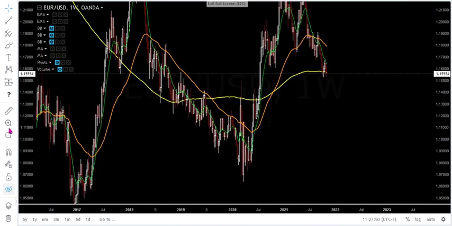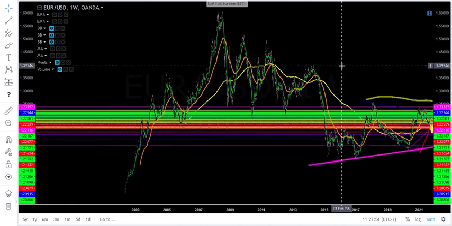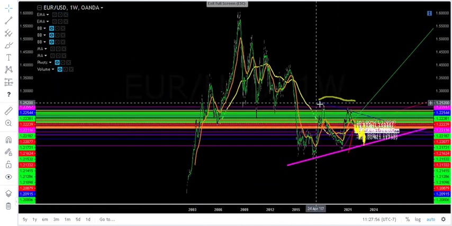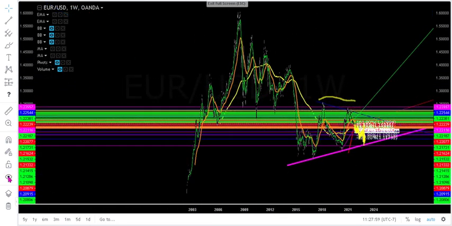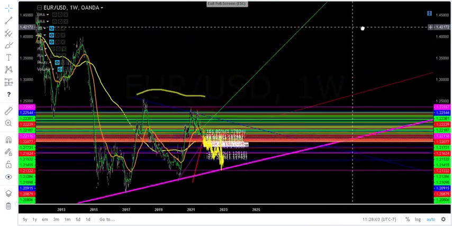All right, so let me look at some of my work that I drew on here. Look at that. It just made my work disappear. That's what I'm saying. That's why I should have pulled up TradingView. But anyway,